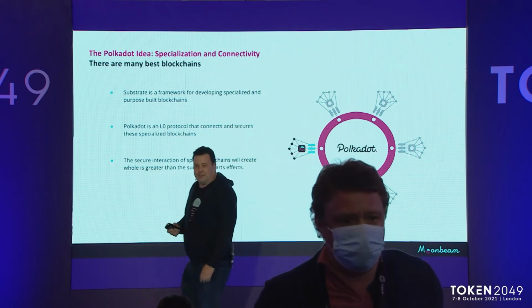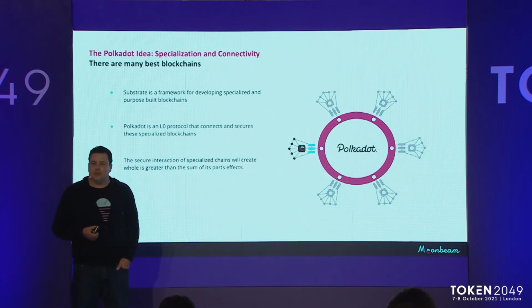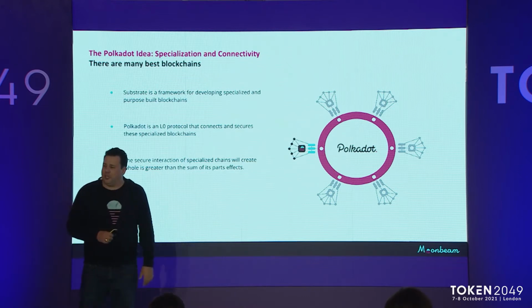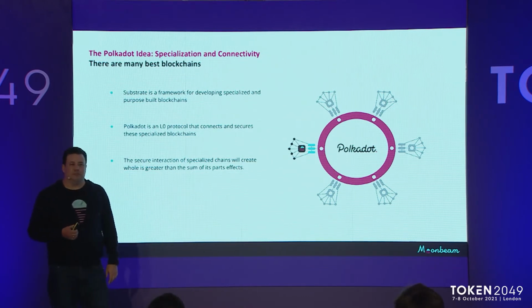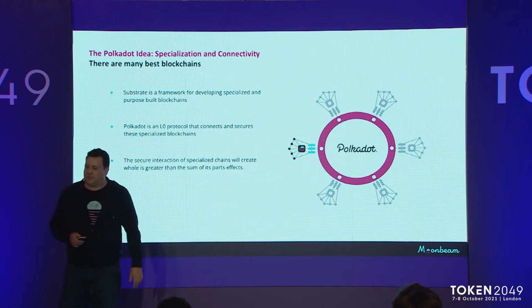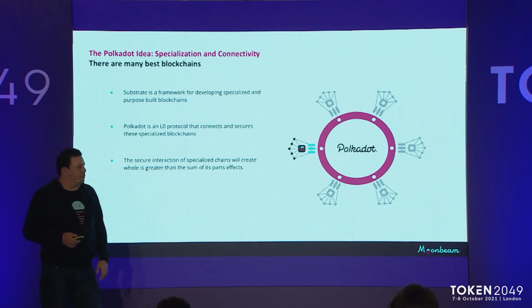And based on just that simple idea, very powerful network effects start to happen. Unlike when you're a standalone blockchain, you don't have to worry about things you don't want to be good at. You specialize in one thing, and you can rely on other chains, specialized for those other purposes, to provide the services you don't care about that much. So I think the system as a whole is definitely set up to create these larger network effects as different blockchains interact with each other.